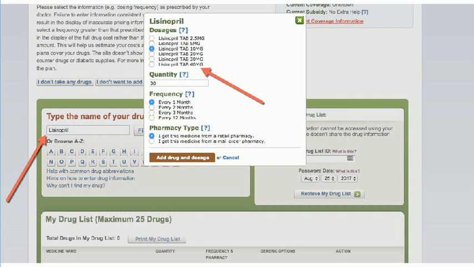Thanks, Cameron. So once you enter in your information, you're going to be taken to the page where you will begin to enter your drug list. So you will be able to type in the name of your medication. Once you type in the name and click Find, the box will pop up and you'll be able to select your dosage amount, how frequently you take it, and the quantity that you get, and